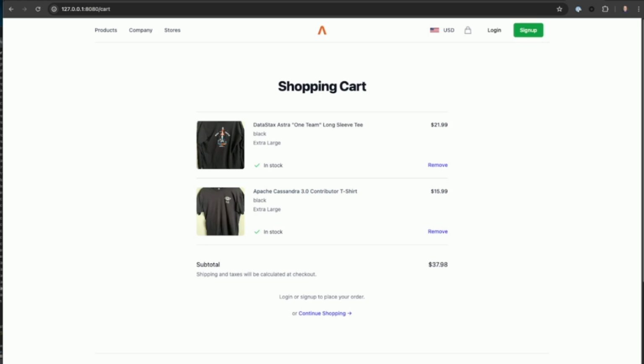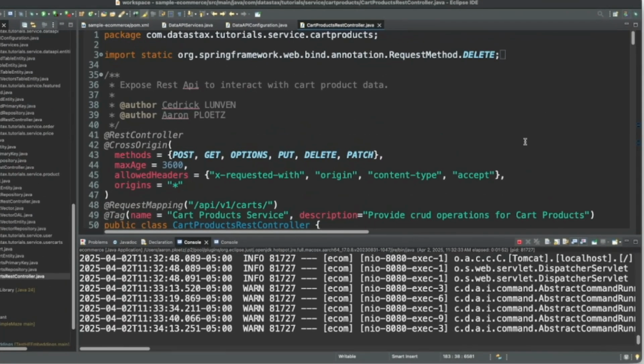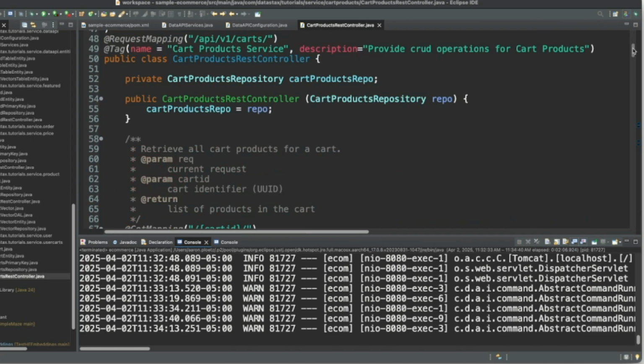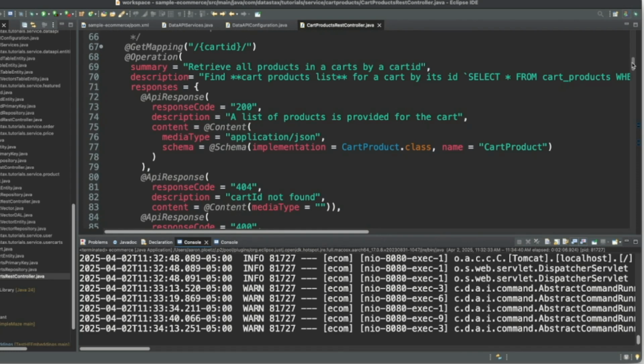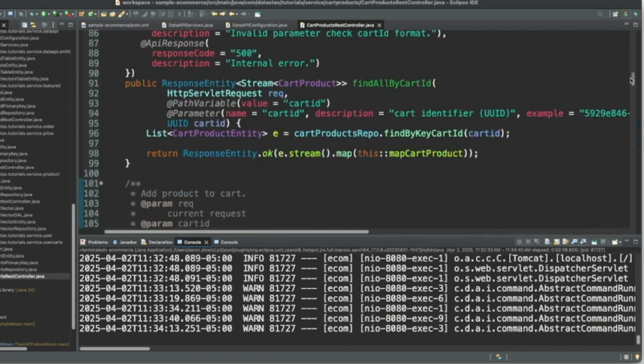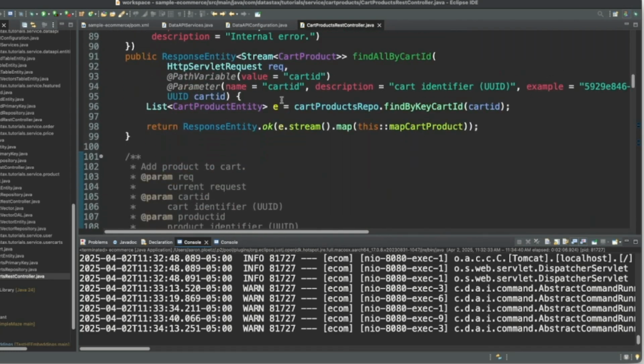Now, if I go back to my IDE, the main thing that we're going to be working on today is this cart products REST controller. I don't need this to be running at the moment, so I can stop that. The idea is that we have services exposed that allow us to use the cart. Everyone here has used a shopping cart before, so you know we need to find all the products in the cart by an ID.